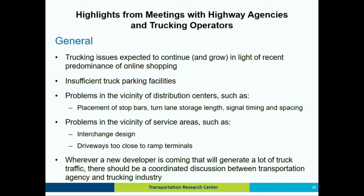Whenever a new developer is coming that will generate a lot of truck traffic, there should be a coordinated discussion between transportation agencies and trucking industries. And I think of that, Karen,